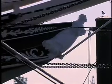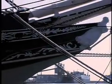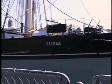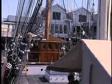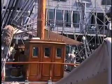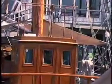She was built in Aberdeen, Scotland by Alexander Hall and Company, and they're the company that designed the tea clipper ships that used to sail from China to Great Britain. Now, she's not a clipper ship. She was built as a little tramp cargo ship. But that's her lineage, is the people that knew how to build the fast ships built Elissa. And one of the really interesting things to me, which I think probably had something to do with her still being here